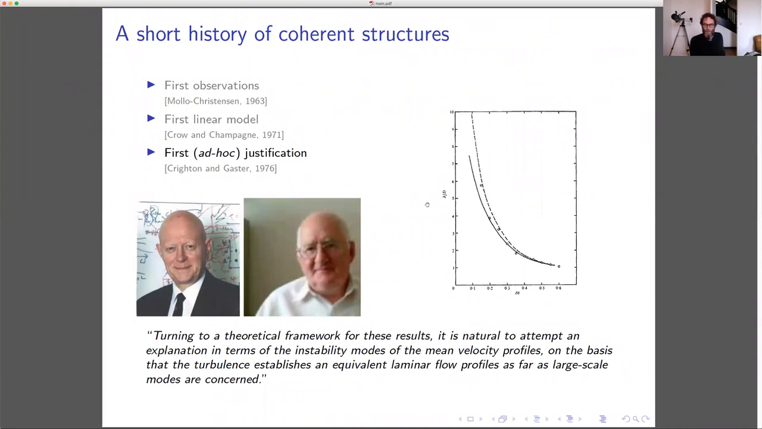jet. But I guess I'm citing them less for the result than for this citation here, which is a kind of ad hoc justification of why you might do this. They suggest that it possibly makes sense to think about instability of the mean velocity profiles on the basis that turbulence somehow establishes a kind of equivalent laminar profile where these large-scale organized structures are concerned. So this, I think, is the first mention of the role of turbulence in this kind of modeling. And as we'll see in the talk, the role attributed to turbulence has changed quite some